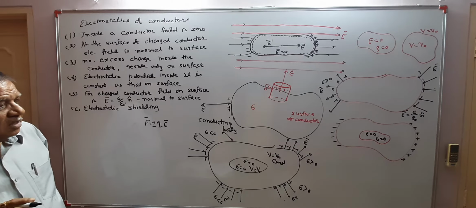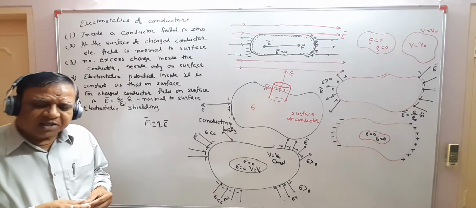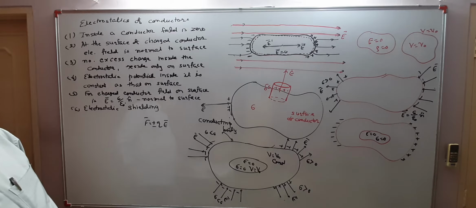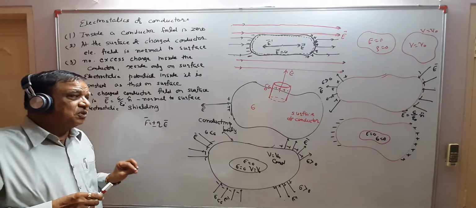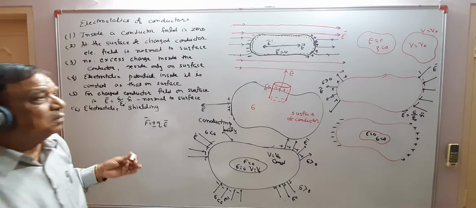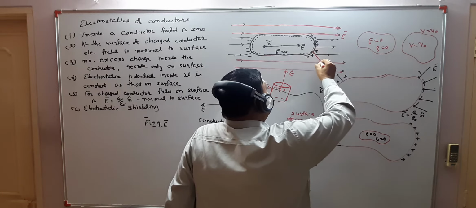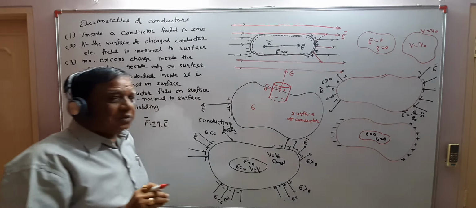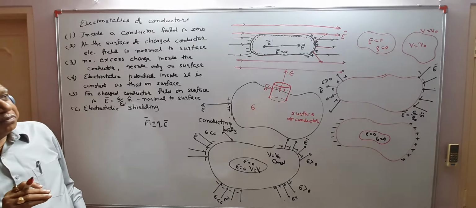Electric field: suppose we are placing a conductor in an electric field, or we are placing charge on it. In any condition, any situation, the field is always normal to the surface. Suppose for this case the field line is like this, so it is normal. So we can say if you draw the tangent at a point for the field line, this must be normal